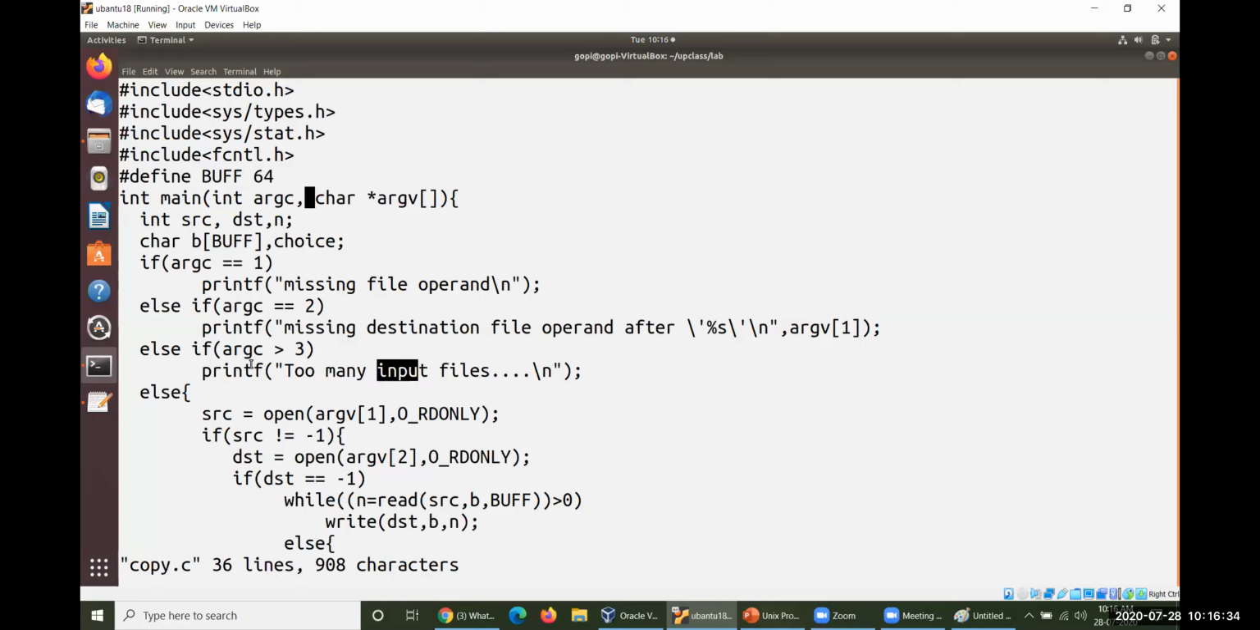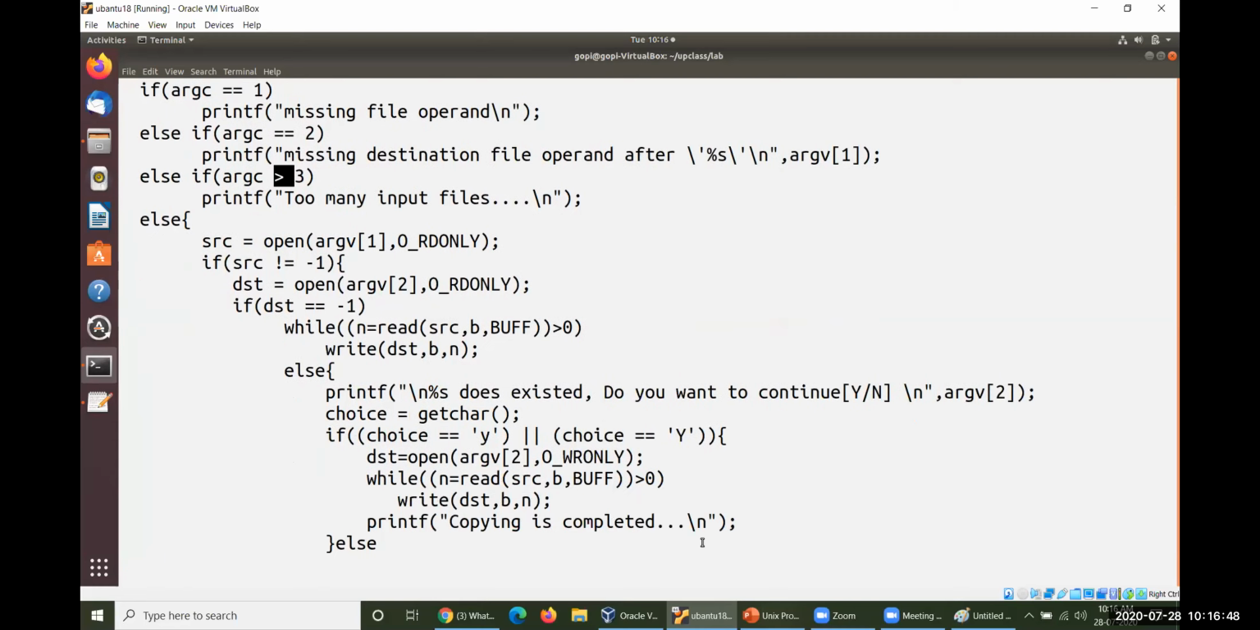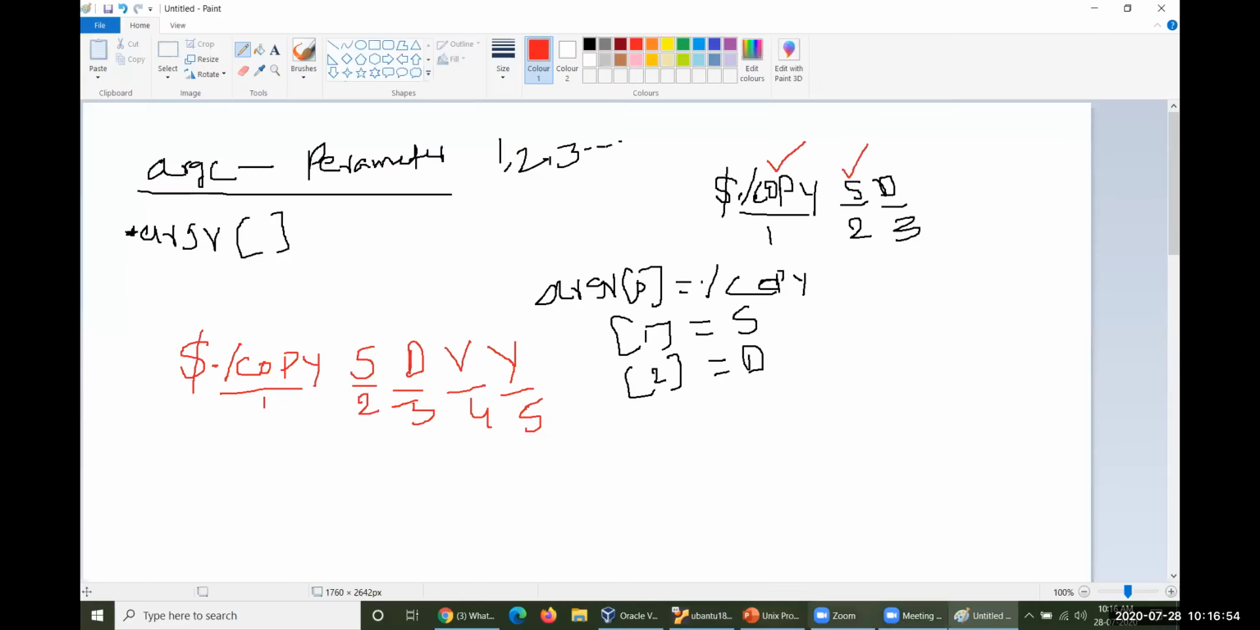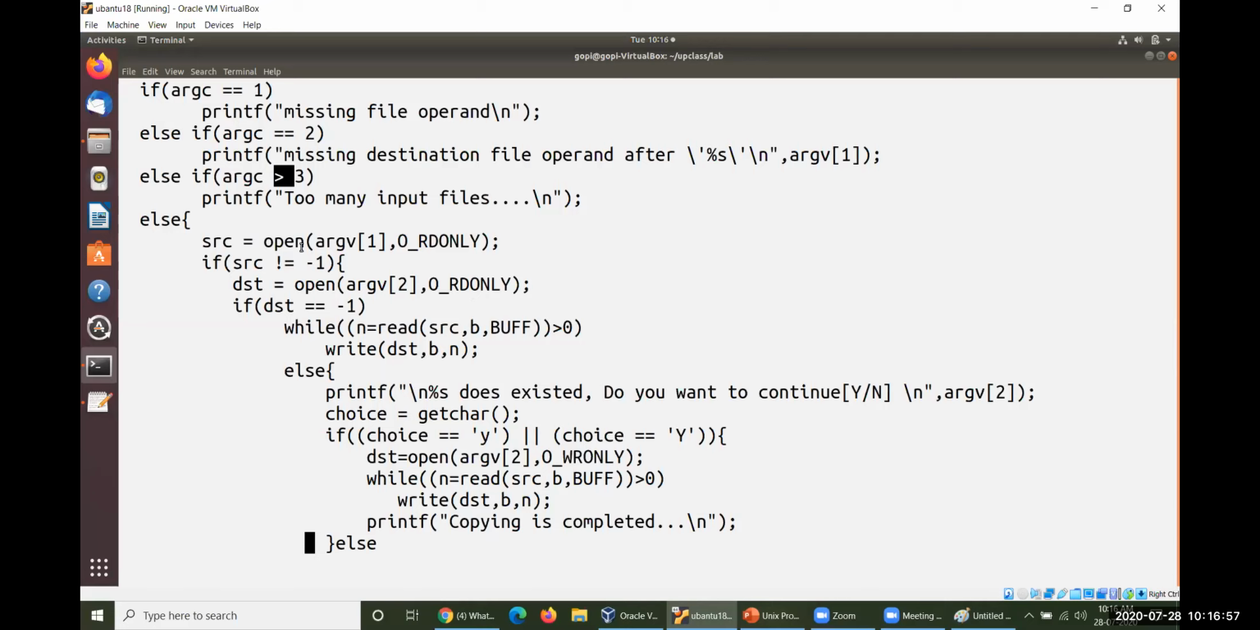If these conditions are false, not equal to 1, not equal to 2, not more than 3, so exactly equal to 3, then what you are supposed to do is open the first parameter. Let me consider S is our first parameter. That parameter is opened in read-only mode. If it is successful, you get some other value. If it is not successful, what does it mean? The file does not exist, and it will return -1. If it is not equal to -1, then